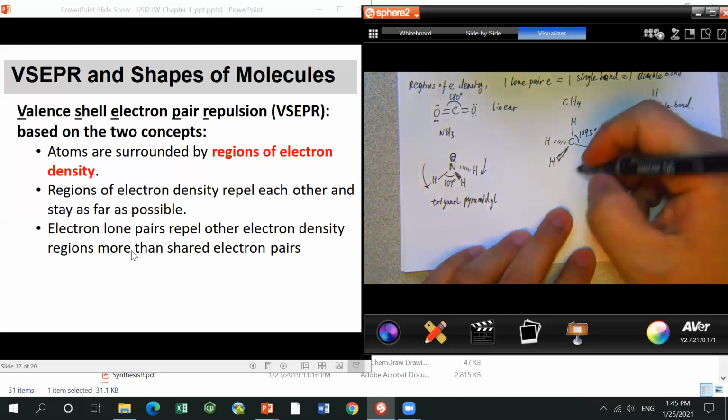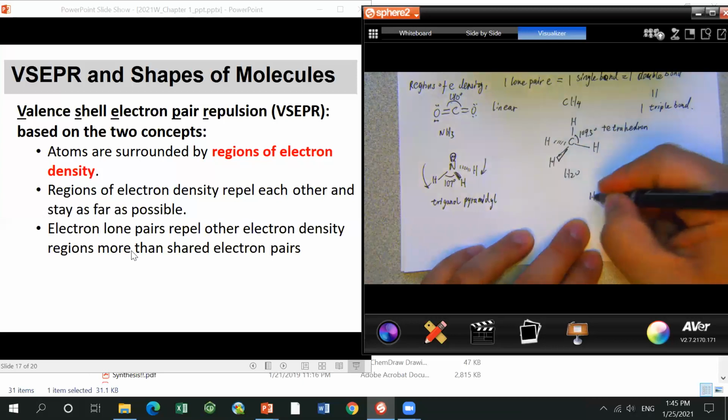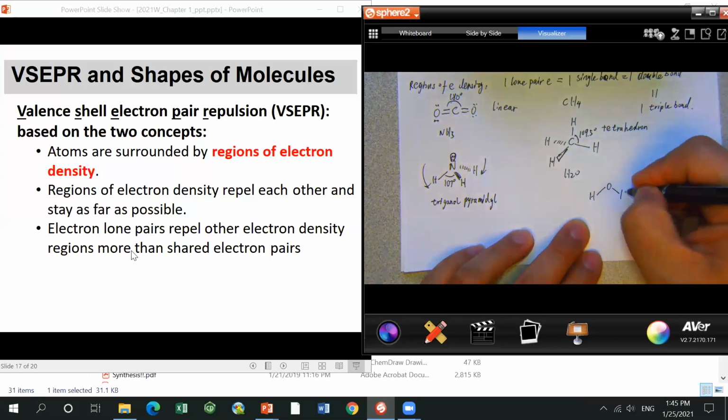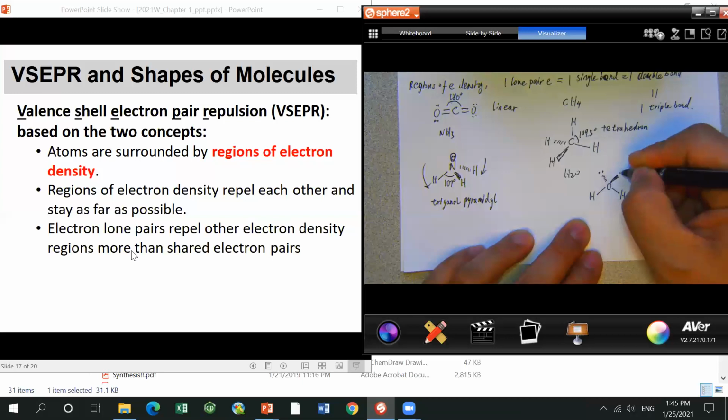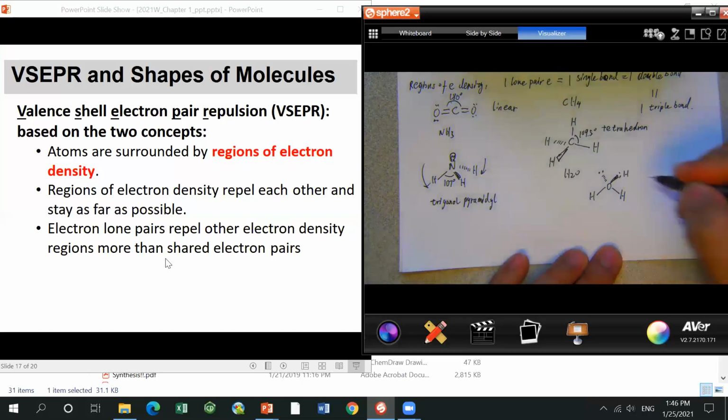And then one more example, water. So H2O has this kind of structure: two single bonds plus two lone pairs of electrons. For the polarity, we will probably cover it in the next lecture. So so far you only need to know the molecular shapes. Right. So for water,